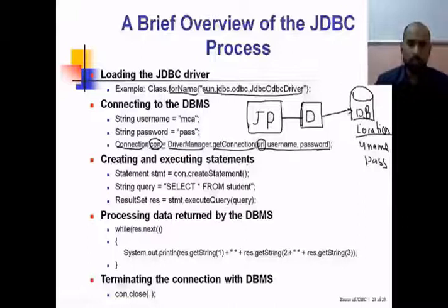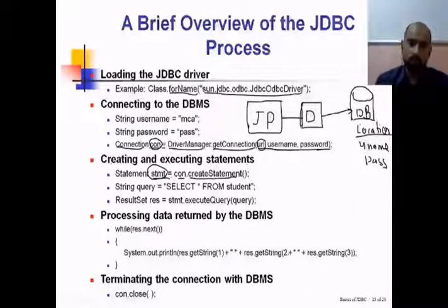To execute SQL statements on the backend database from our Java program, we need to use a statement object, so we have to create one. The statement object provides different methods which can be used to execute queries on the backend database. So how do we create the statement object? It can be created like this: Statement stmt = con.createStatement(). Again, you can see the connection object con is used to create a statement object. So con.createStatement() returns a reference to a statement object that is stored in a variable called stmt.